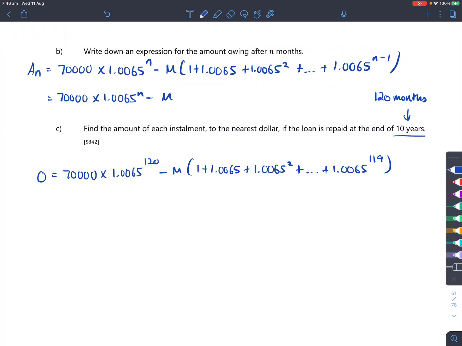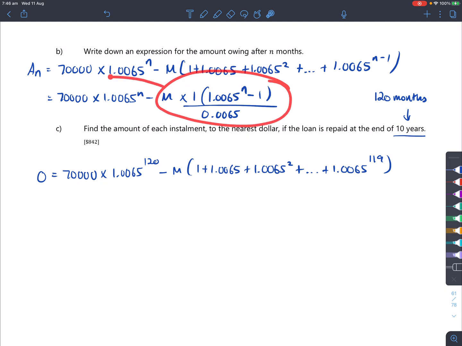So this will be times by 1 bracket 1.0065 to the power of n minus 1 over 1.0065 minus 1, which is just this. Okay, this might be a more appropriate answer actually. All right, so once we've done that,